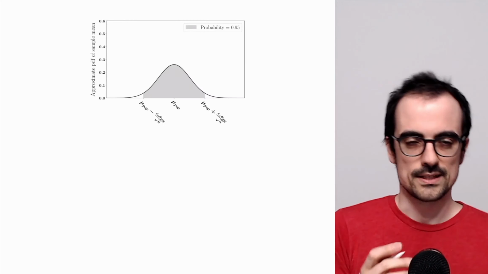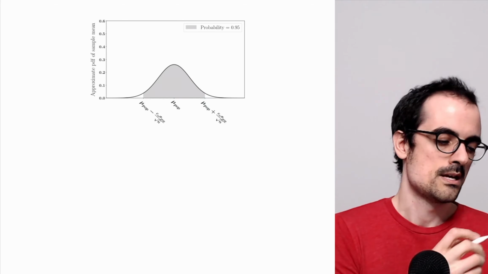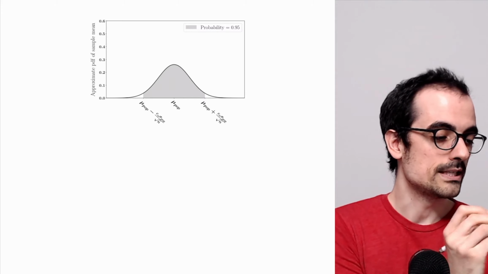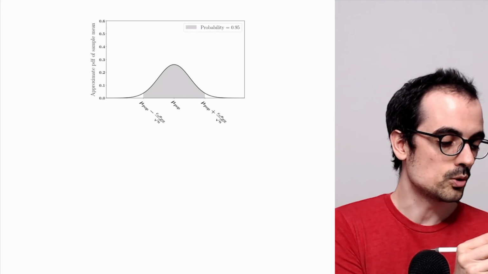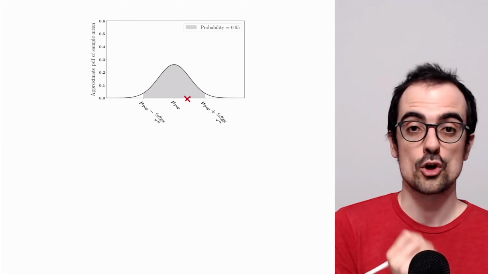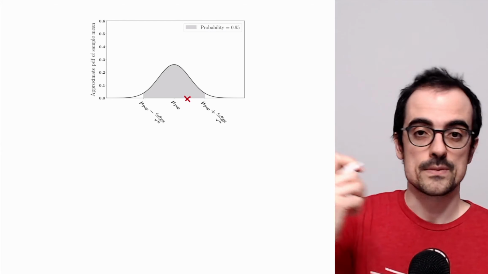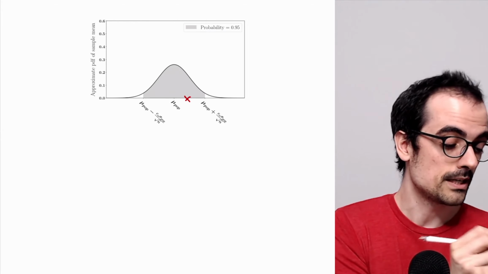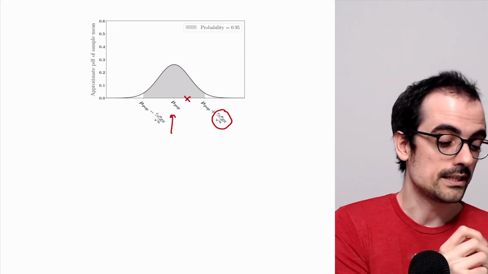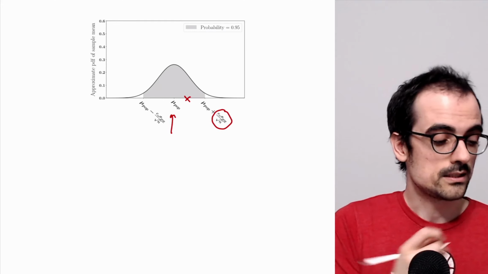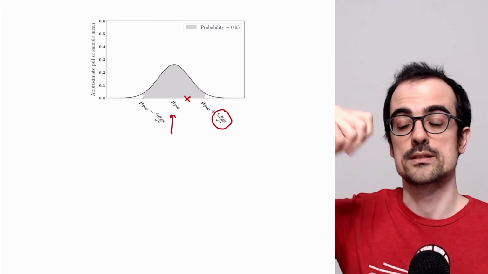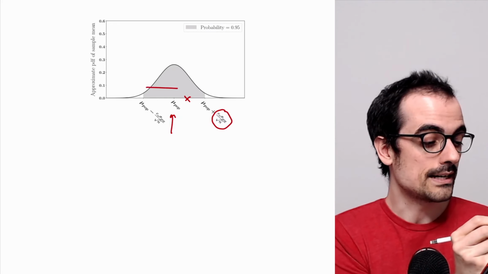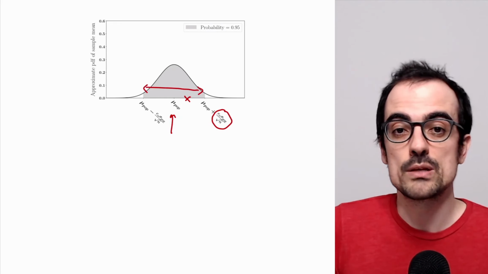Just to explain this in a bit more of a visual way, by this Gaussian approximation provided by the central limit theorem, we know that if we sample a sample mean, it's going to be close to the population mean, and its distribution is basically a Gaussian that is centered at the population mean and has a standard deviation that is the standard error, which is the population standard deviation divided by square root of n. Okay, we know that. So we can easily come up with an interval that contains the sample mean with probability